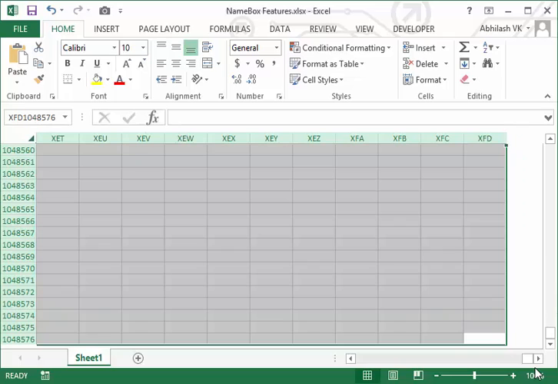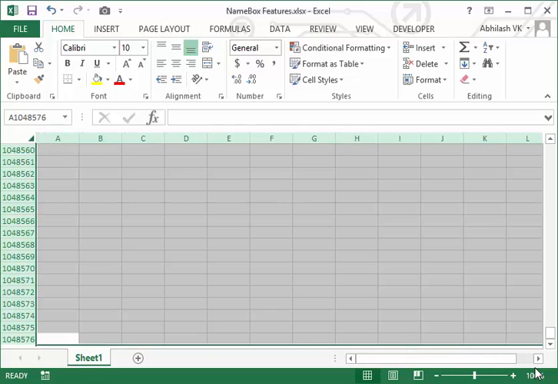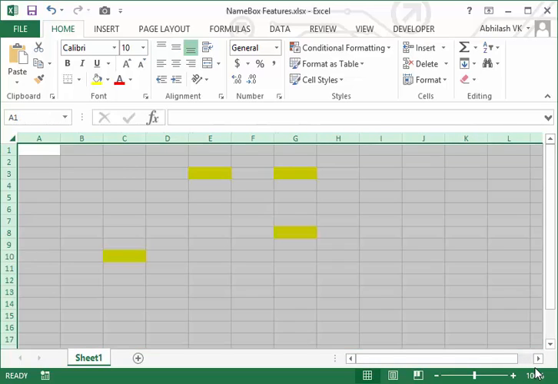So XFD, and 1,048,576 is the last row, and column A and row 1. So you can confirm, right? The whole sheet got selected using A:XFD. Fine.